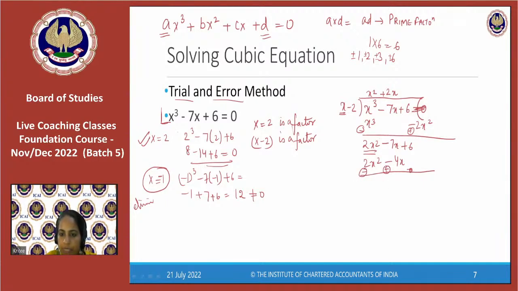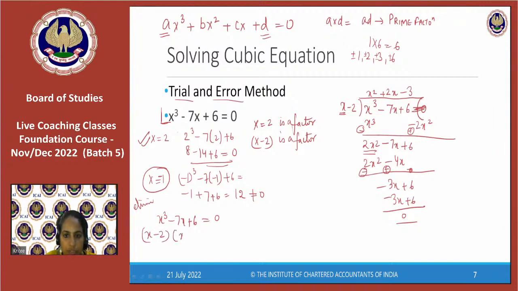So 2x square minus 2x square cancels out. Minus 7 plus 4 gives me minus 3x plus 6. So x to be multiplied with minus 3 gives me minus 3x plus 6. Answer is 0. So x cube minus 7x plus 6 equals 0 can be written as